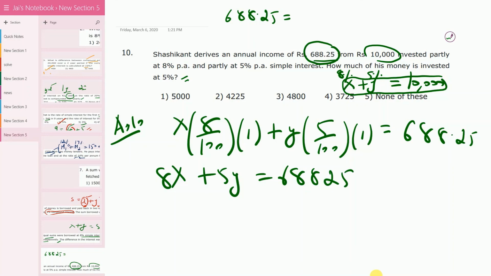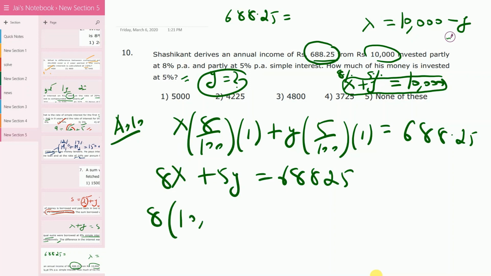I've just cross multiplied the equation, and they are asking the value at 5%. That means they are asking what is the value of y. So from here you can write x as 10,000 minus y. So put the value of x in the given equation. 8 times 10,000 minus y plus 5y is equal to 688